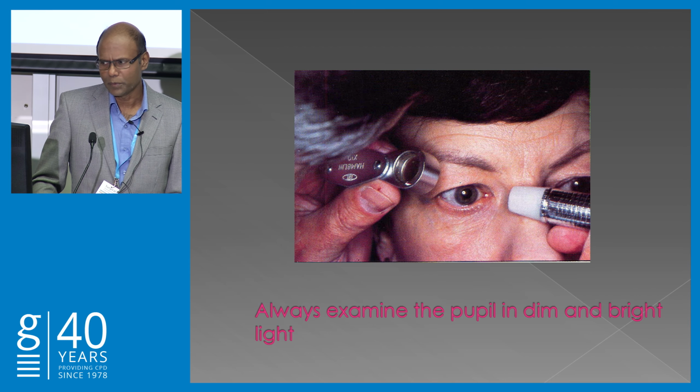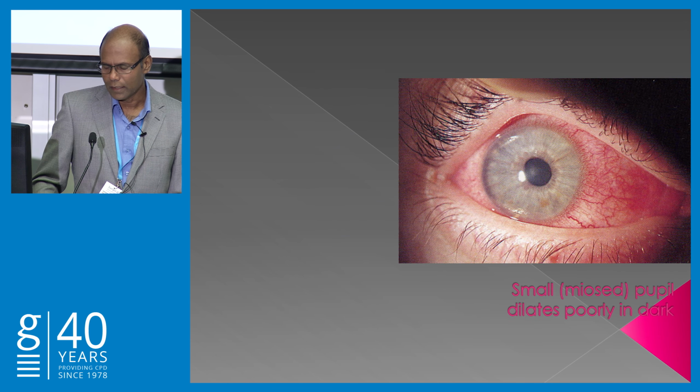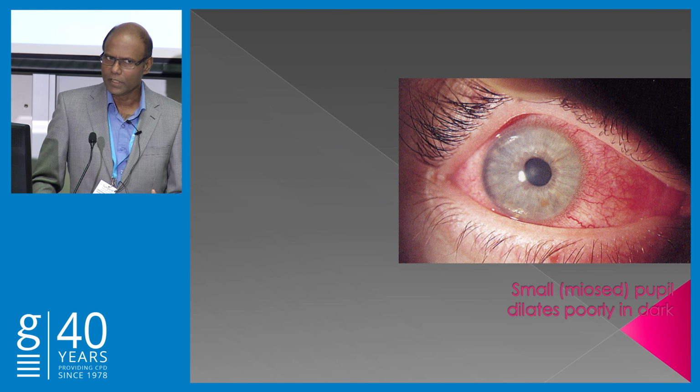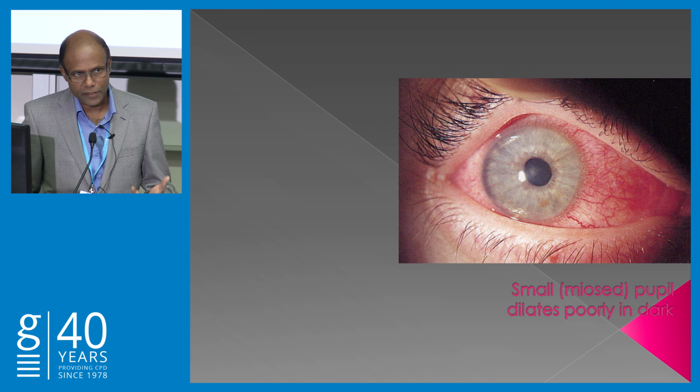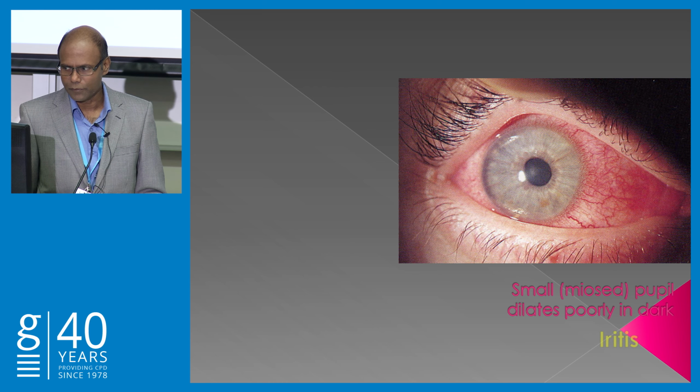And looking at the pupil, as I told you, check in the dark and in the light. Those who have anterior uveitis have a small pupil and they don't react much, and an irregular pupil as well. So if you look at the other slide,